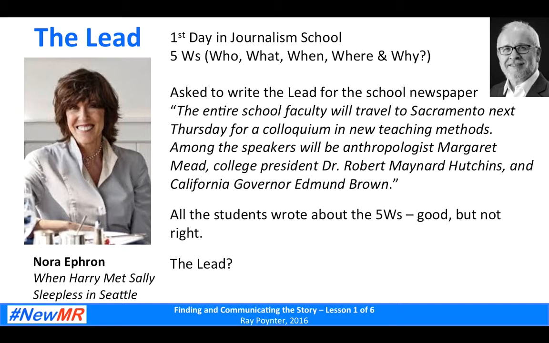All the students wrote about the 5 W's. They were asked to write the lead, but they wrote about the who, what, when, where, and why. Good stuff, but it wasn't right. What was the lead in this story for the school newspaper? No school next Thursday. That's what the readers of the school newspaper would take out as being the absolute essence of that story. All the faculty are going away next Thursday. Yay, no school. When we're looking at our analysis, sometimes what we are reporting, the message, is not in the data, it's of the data. It's implied by the data. Maybe its absence in the data is the story. So we mustn't be too hemmed in with thinking that it's going to be numbers we're talking about.